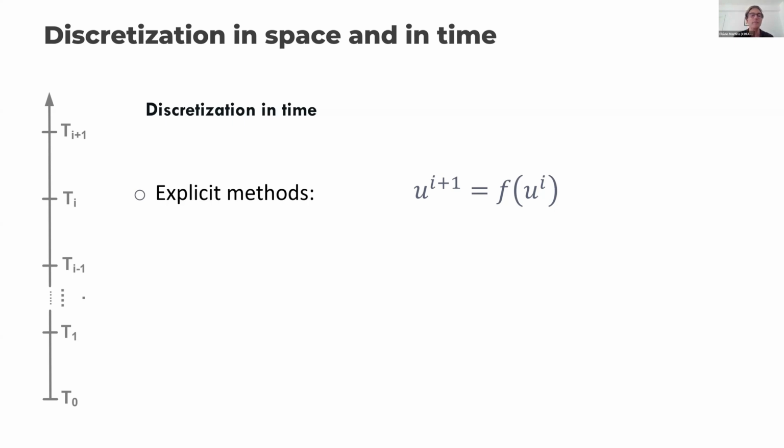But what we should really be doing would be the implicit method, would be to compute the new values based on the neighbors in the new time step, okay? But this is difficult to do because this point depends on the neighbor in the same time step, and the neighbor depends on this point. So it's kind of a connected ring. And at first sight, it looks like it's impossible to do because this cell depends on the other cell and the other cell depends on this cell. So how do I do this? But we can do it.